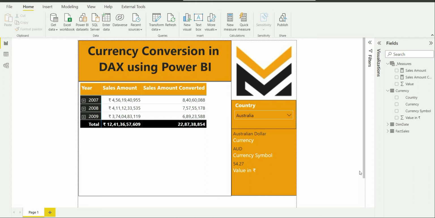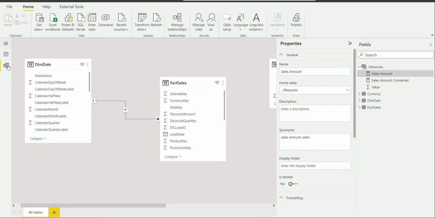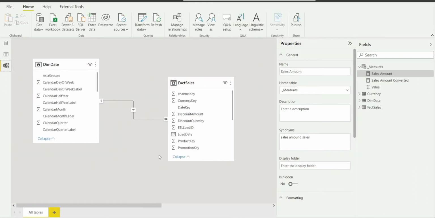So let's get started. For the purpose of this video, I am using, as usual, the Contoso database. Let me introduce you to the data model first. I have used two tables from Contoso DB here. One is dim date, the other is fact sales, which are linked to each other by a one-to-many relationship. Dim date is on the one side of the relationship and fact sales is on the many side